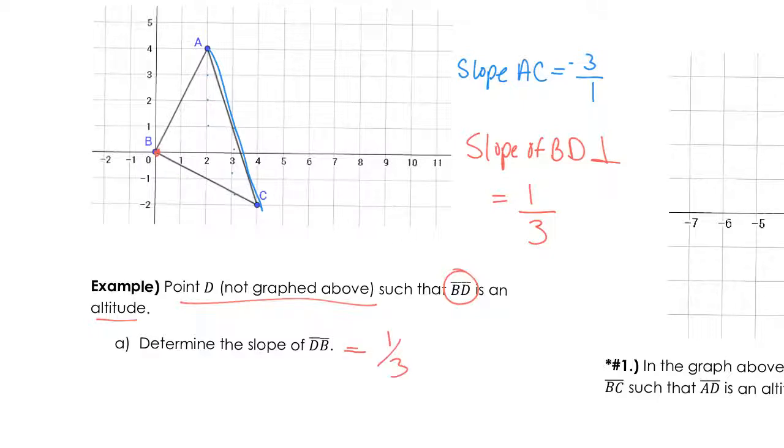1 over 3. And to graph this, I just have to start at B, go up 1 over 1, 2, 3. Here is point D. If I draw that in, I make a 90-degree angle. That is the height of that triangle when AC is the base. Pause the video, try the problem to the right, and I'll show you the